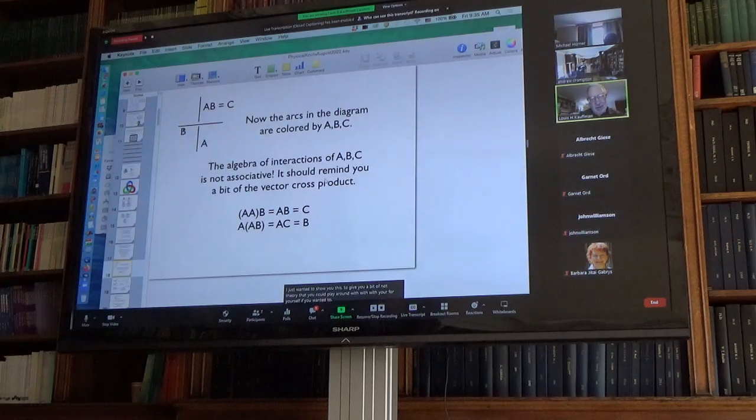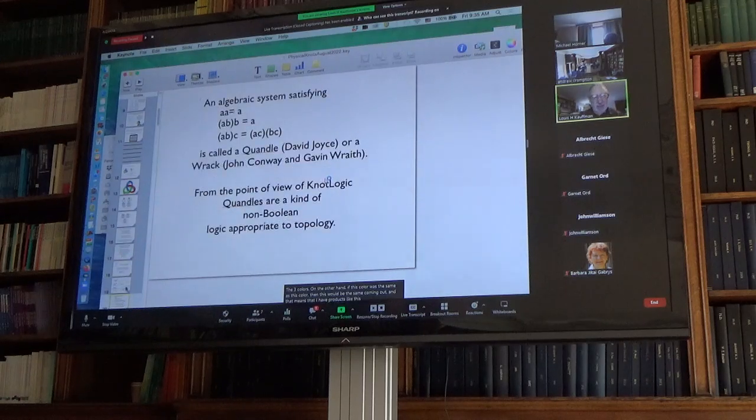So I have a color A and a color B, and then I have the new color on the other line. And if A and B and C are the three colors, then I have to take the third color here. So that means that red times blue must be equal to green, and so on. Two colors combine to give you the third color, the three colors. On the other hand, if this color was the same as this color, then this would be the same coming out. And that means that I have products like this. That the product of two colors,